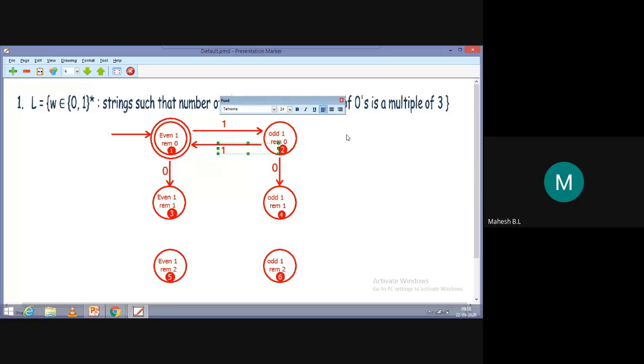Okay, like this. So in state 2, odd number of ones, remainder 0. So when one more 1 arrives, zeros remain as they are, remainder 0, but the number of ones becomes even, from odd to even. That's why there is a transition from 2 to 1. Okay. Now let's say in state 3,